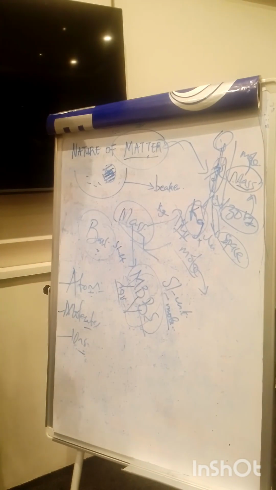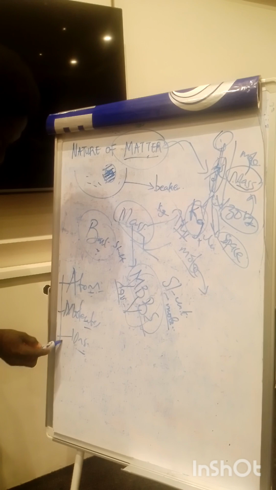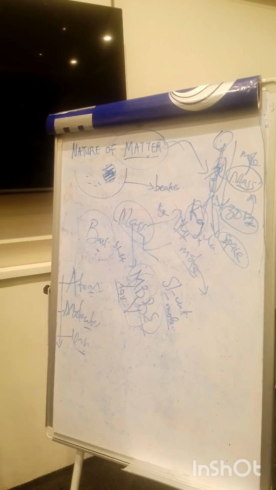Now let's take them. Before we go into all these things in chemistry, there are key things we need to know. Are you with me? There are key things we need to take care of, like the properties of matter, physical change, chemical change, element, compound, and mixture. Now let's go into them one after the other, one step at a time.